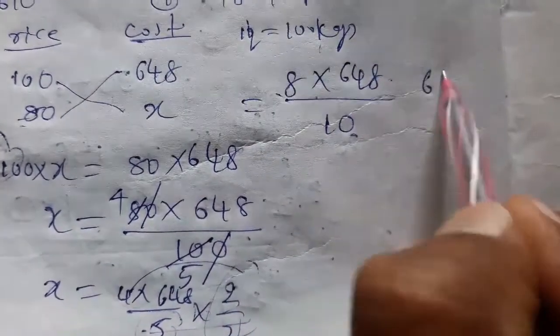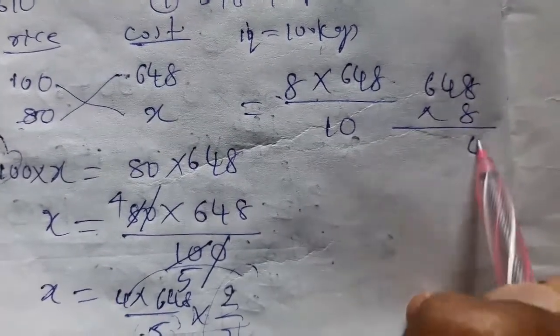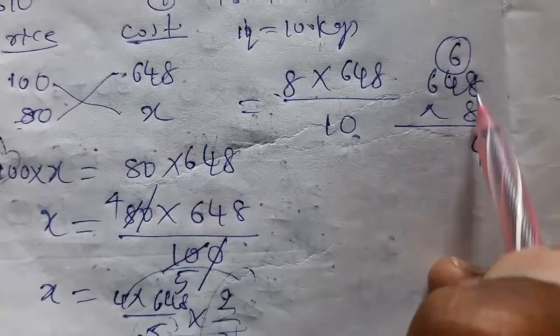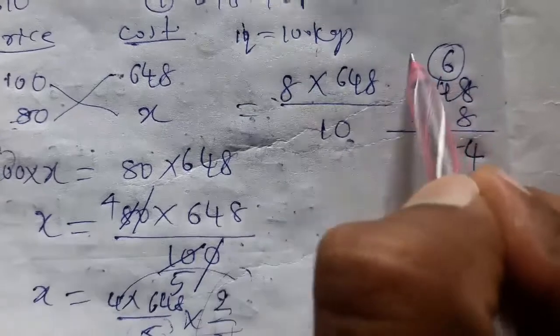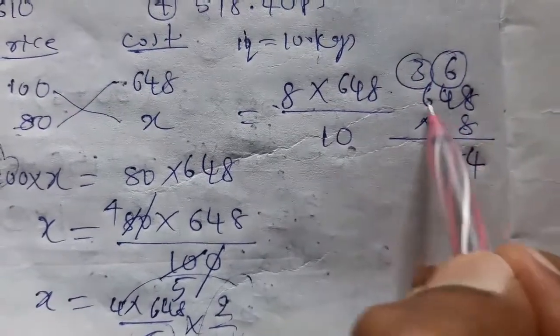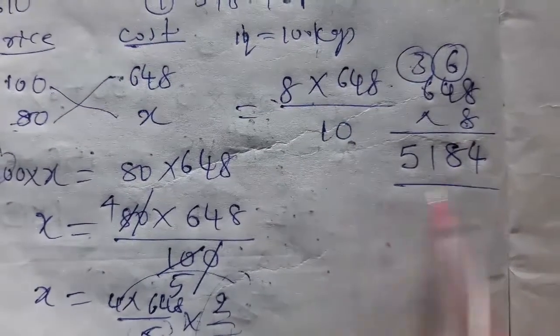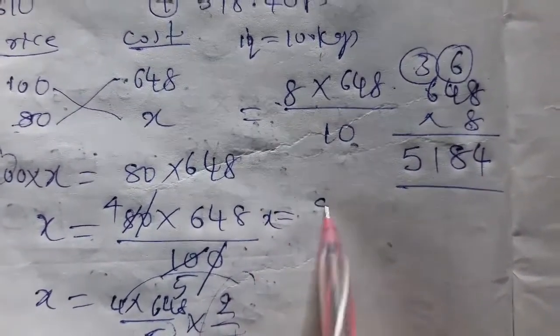Multiply these two, that means 648 into 8. 8 4s are 32, 2 is here and 3 is carry... 8 8s are 64 means 4, 6 is carry, 4 8s are 32, 32 plus 6 means 38, 8 is here and 3 is carry, 6 8s are 48, 48 plus 3 means 51. So that means x equals